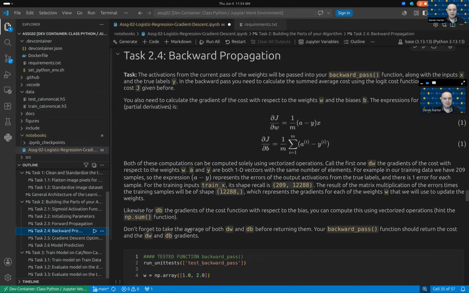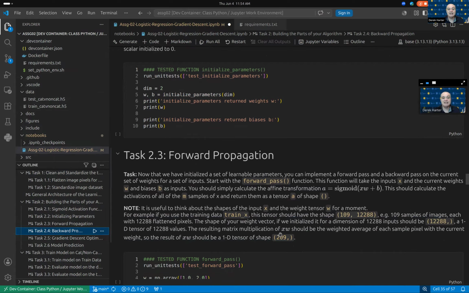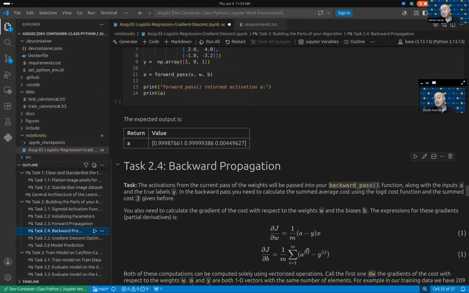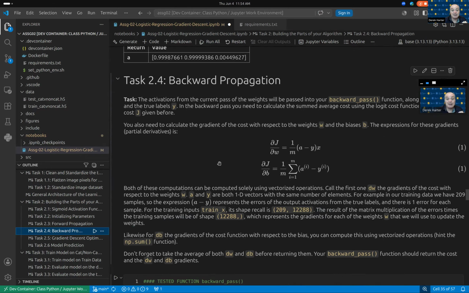So I think that would be mostly all I'll say. Let me know if people have questions about implementing these. The forward pass is basically a basic matrix multiplication for the way things are set up. The backward pass is going to be applying the derivative of our loss function from the forward pass, but hopefully you can work out what you need to do. It's relatively simple, even though we're using the sigmoid function in here to apply the derivative for the backward pass.